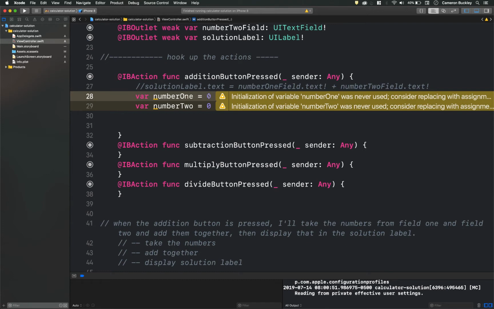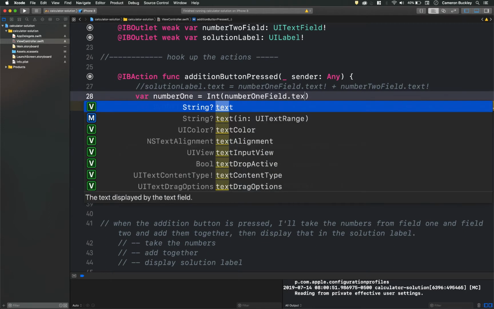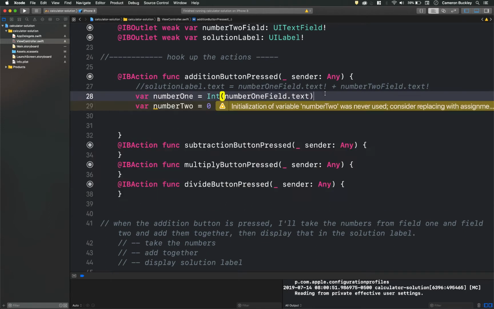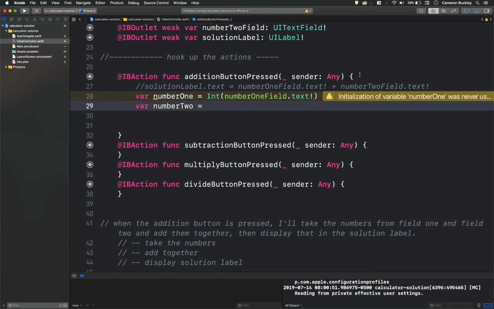So let's grab the value from our text field. Let's do that by saying int number 1 field.text. And we're going to need to put that exclamation point in there because that is an optional. We need to properly unwrap it. All right, let's do this again with this line. We're not going to worry about this thing that's appearing. Basically, what this is saying is, hey, you never actually use number 1. So, all right, and number 2